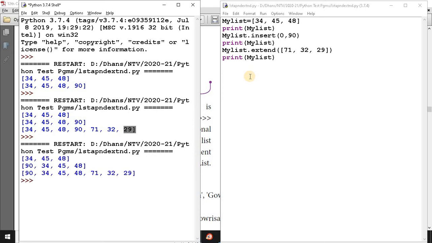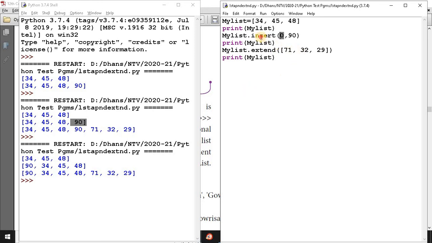Okay. What will happen? In the previous examples, 90 was added at the end. But instead of the append function, I am using list name dot insert function. In this insert function, 0 means first position, 1 means second position, 2 means third position.